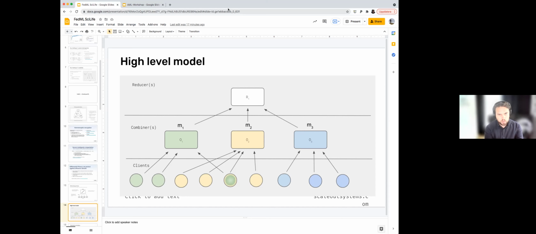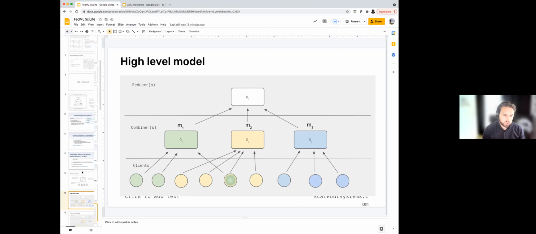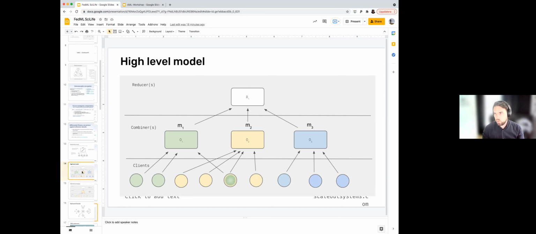We do it this way because then we can easily scale the combiners in what we call the combiner network horizontally, by adding more and more machines there to accommodate more and more clients. If you are into computing, it follows the MapReduce programming pattern, but it's not essentially an implementation. It's nothing like MapReduce, but it has the same sort of structure. And that's also a pattern that we know from computer science has very good properties when it comes to massive scalability.